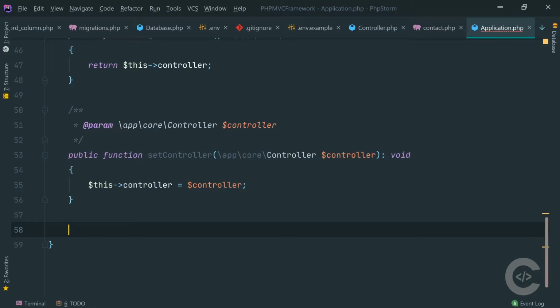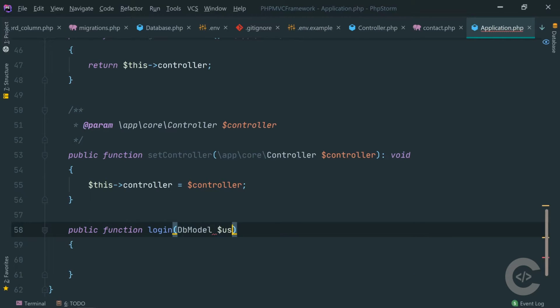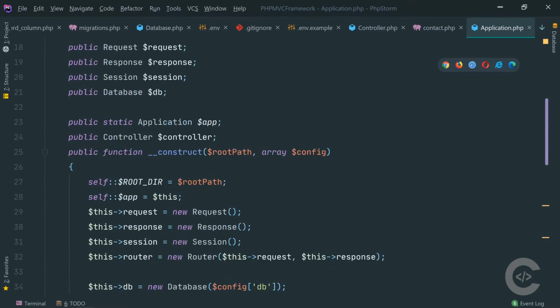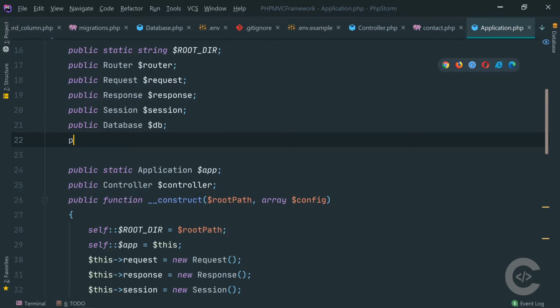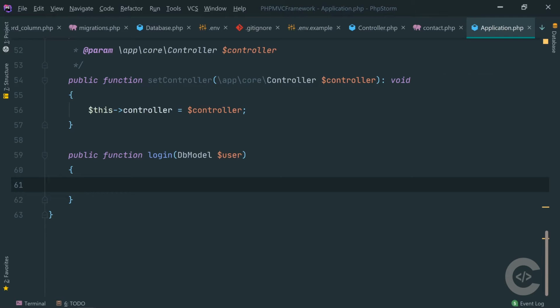Okay, that should be a login, and the argument basically is an instance of DB model, and we just need to specify the name, user. I'm going to declare a variable right here, public DB model to be user, and I'm going to put the question mark because this might be null. The current user might be null if the user is a guest just browsing the website. Okay, scroll down and right here,